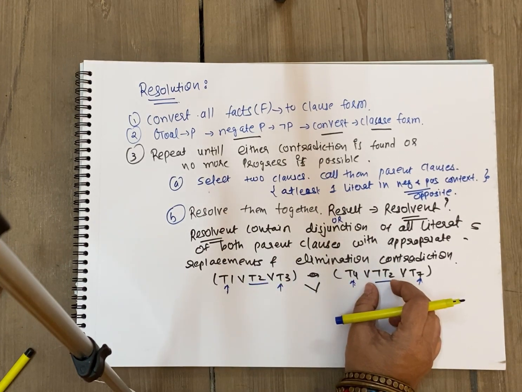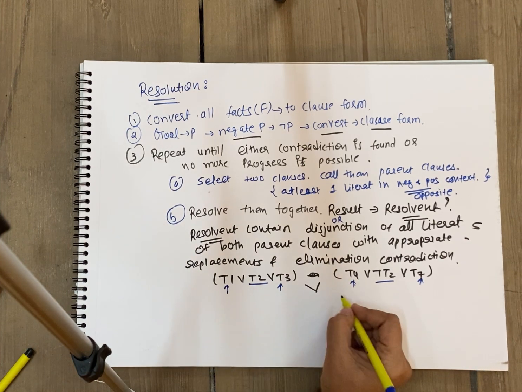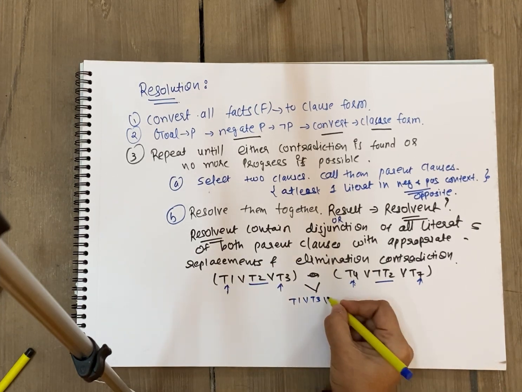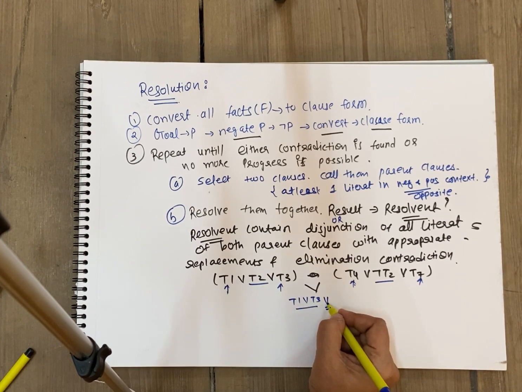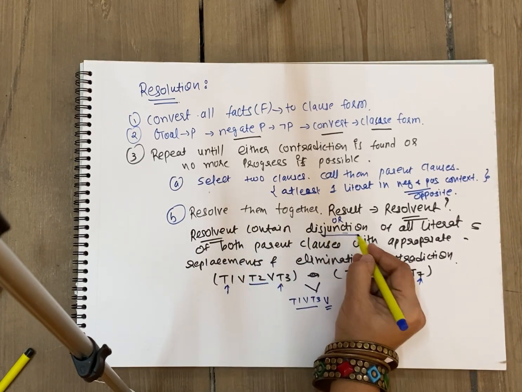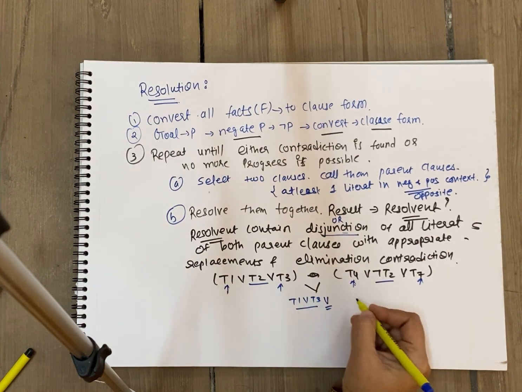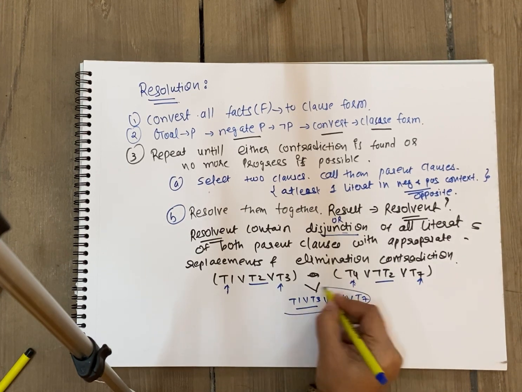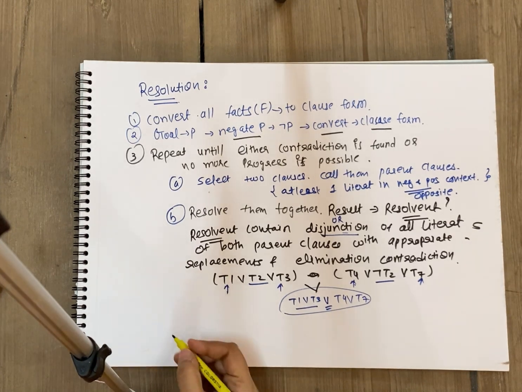Eliminating contradiction means the literals in the opposite consideration we have. So what is going to be the resolvent over here? T1 or T3, that is from the first parent clause, and that will be a disjunction. This is as it is from parent clause 1. Now this disjunction is because we are going to have a disjunction of the result from both parent clauses. So T1 or T3, and from here I will have T4 or T7. So this is the entire resolvent generated over here.